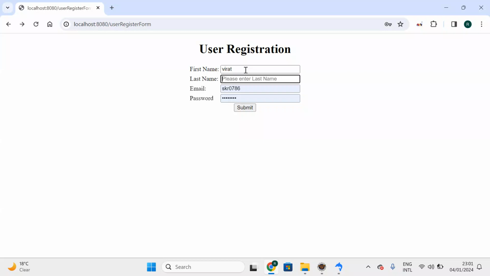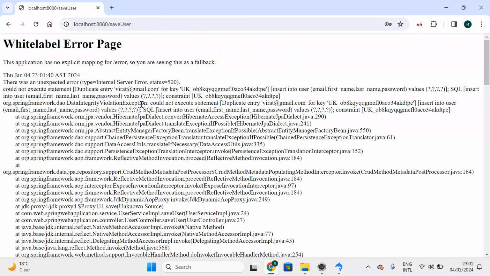Virat Kohli. So I'm going to register the same user ID again. We should not allow registering the same user email ID, right? So submit. See, the server is returning an error. So what is that error? Duplicate entry virat@